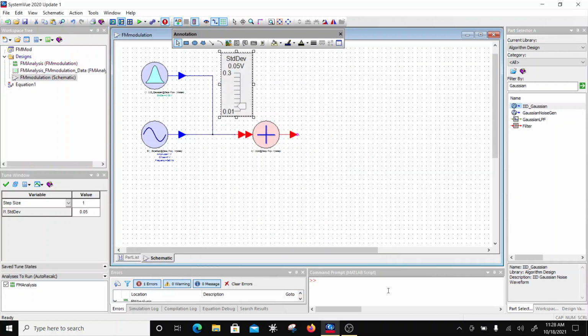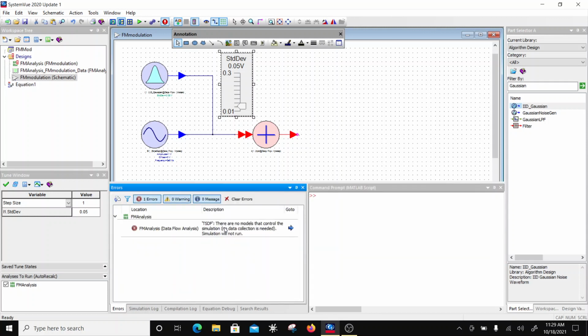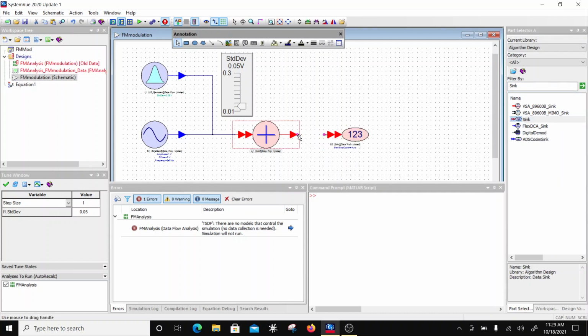So this is done, and I don't have a sink here, so let's see what's the complaint about. There are no models that control the simulation, no data collection. Okay, a sink is needed. So here let me put some information, some sink, right? So let's put a sink here, right? So that's the sink,